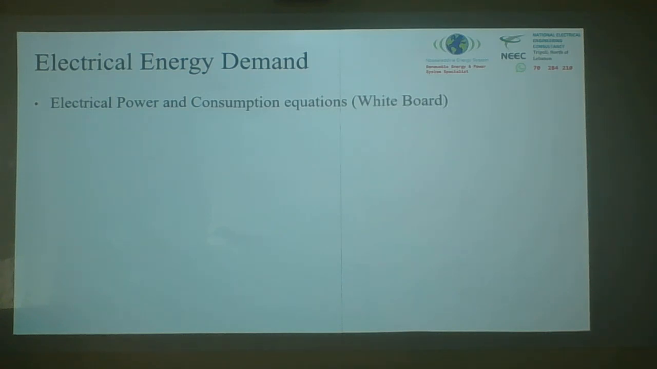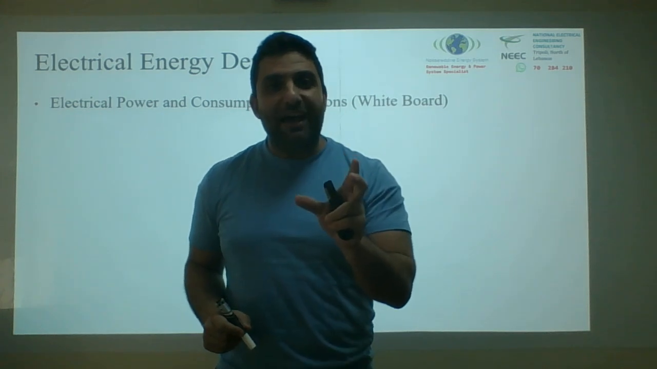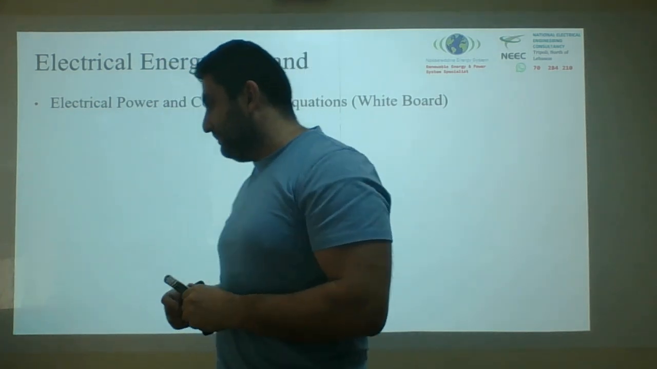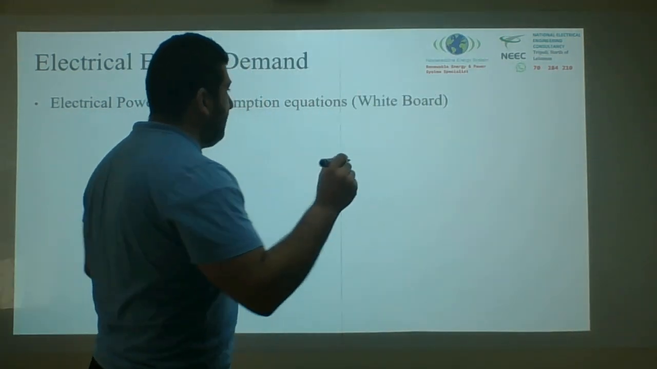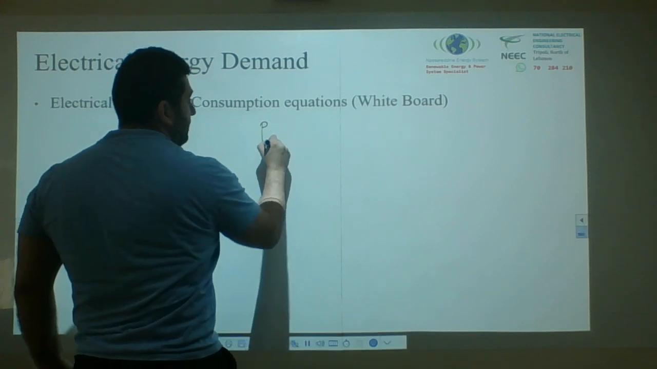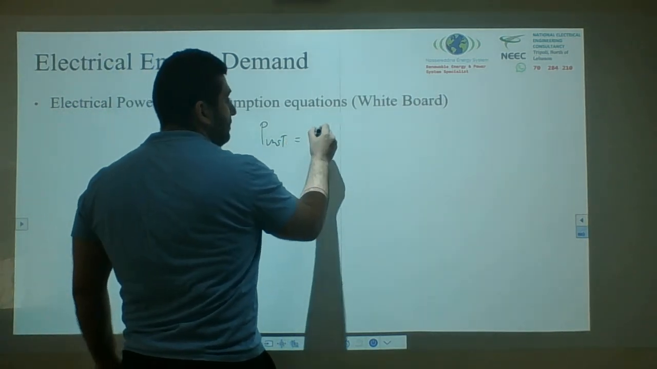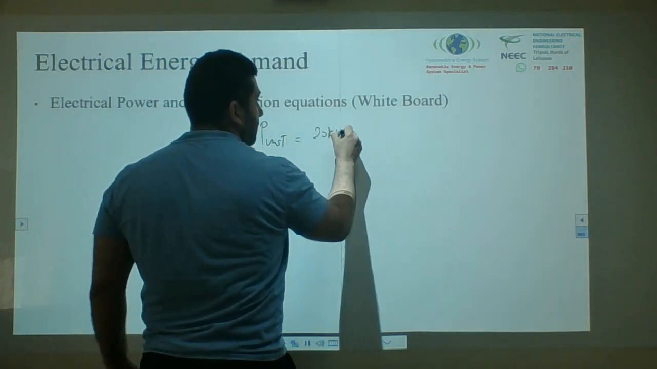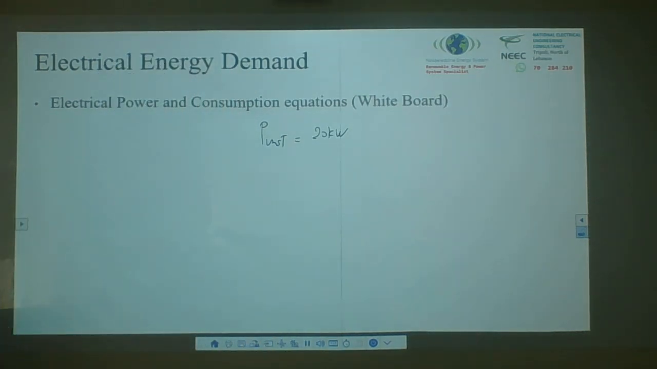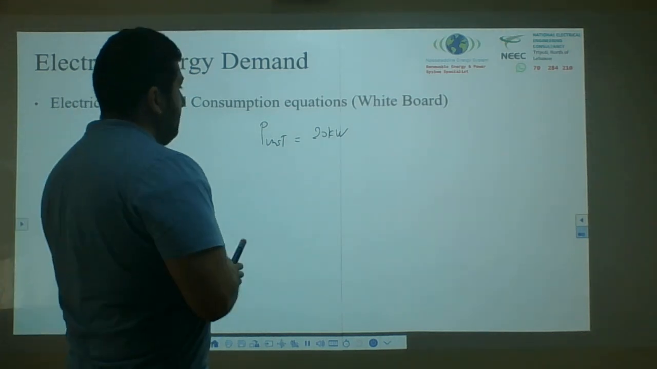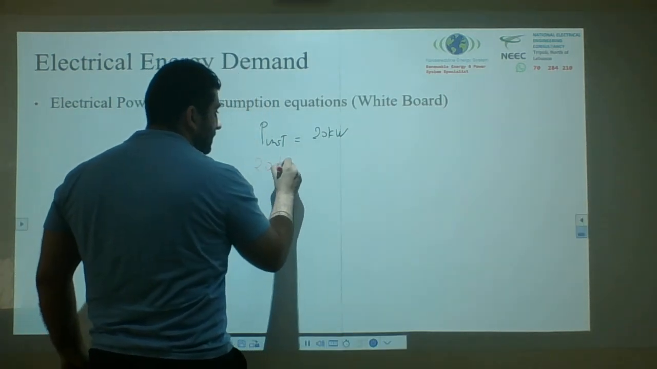Now, let's put some equations for those who don't have the experience in electrical engineering. I have P instantaneous equal to, for example, 2 kilowatt, 20 kilowatt. If this power is running, for example, I have 20 kilowatt